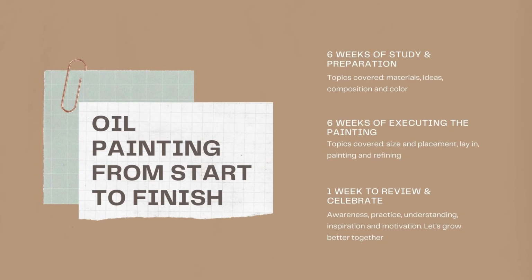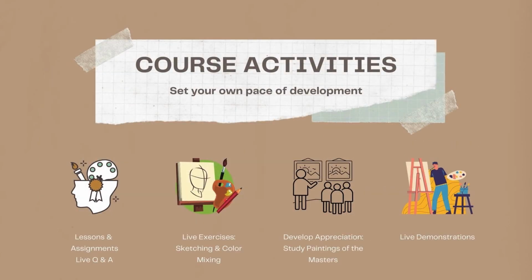We're going to go from start to finish. There'll be 6 weeks of study and preparation, 6 weeks of executing the painting, and 1 week to review and celebrate. One of the reasons that oil painting takes a little while is because of the material. We need some drying time. And when you try to crush things up too close, you're just not able to give it the time and attention that it needs. So, over 13 weeks, we're going to have lessons and assignments, live Q&A, live exercises, sketching,